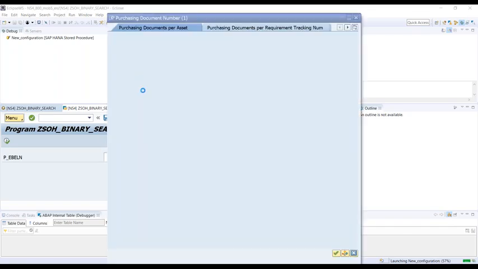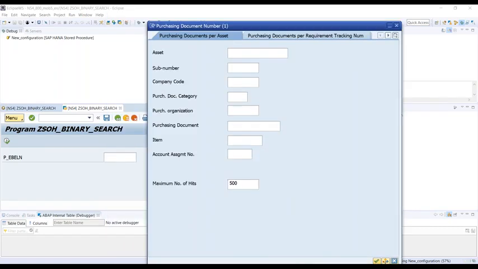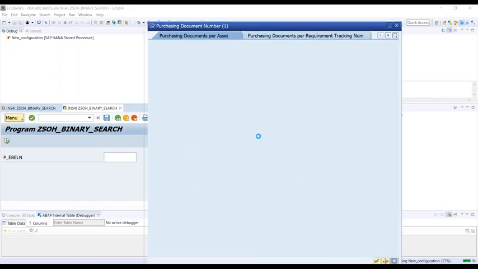Let me see if we have some test data in this demo system. It's compiling lots of programs for the first time, so it's taking a little bit of time. I just pick some purchase document number.